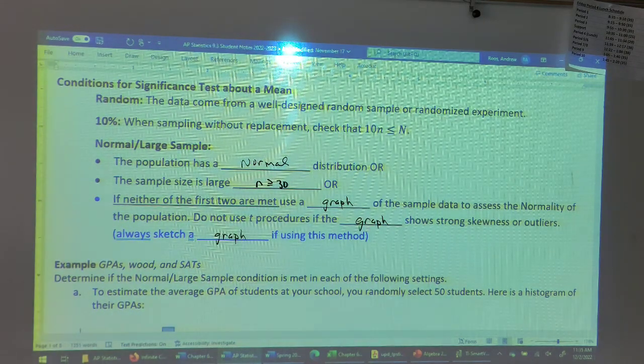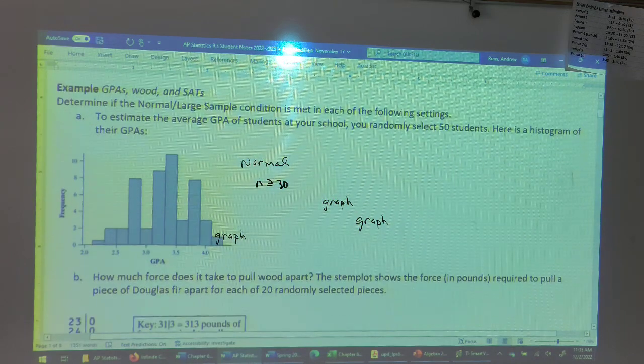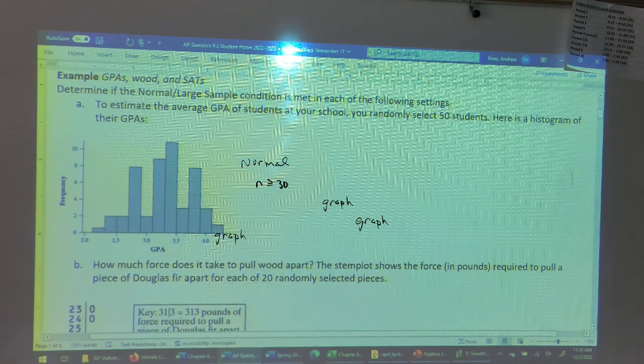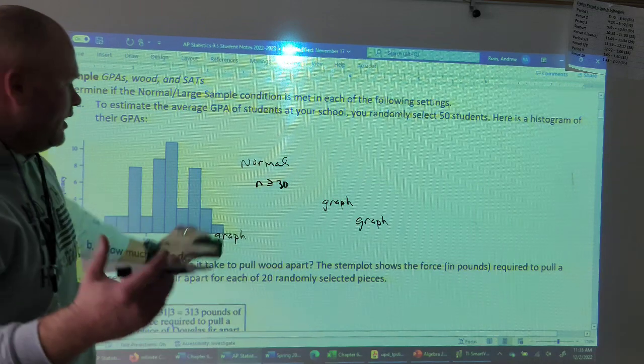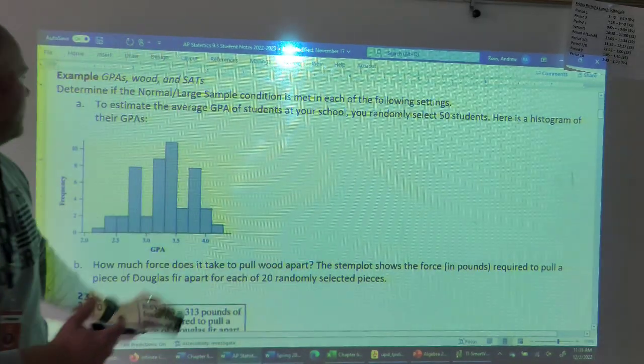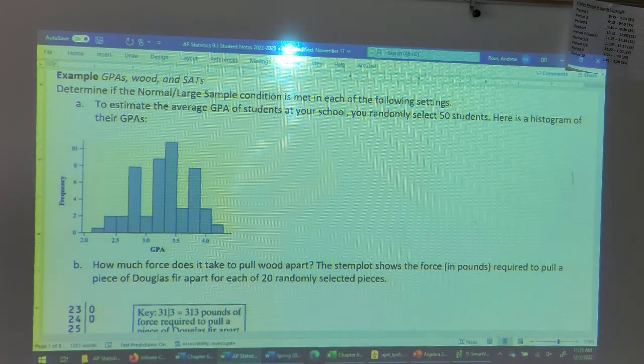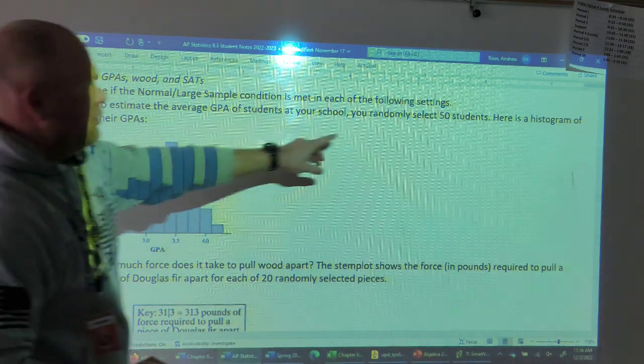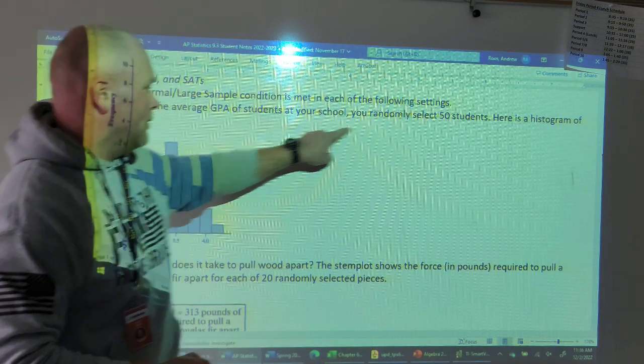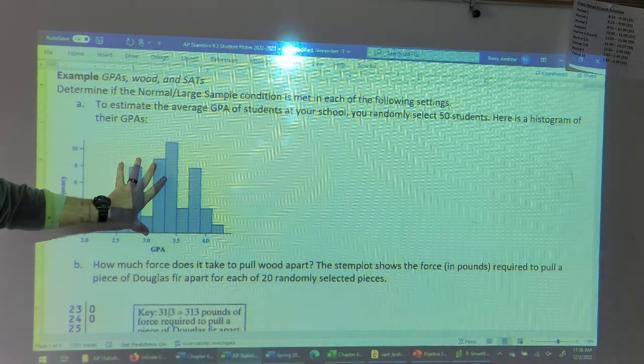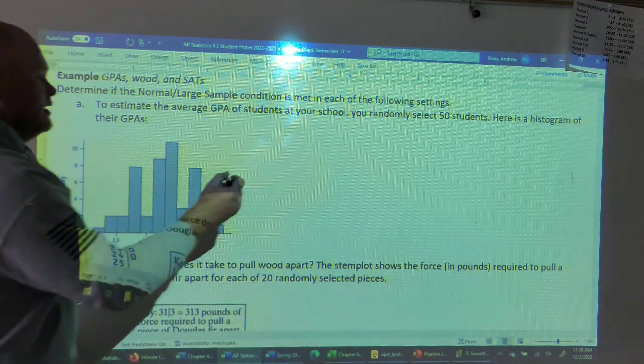Okay? So in these bottom questions, we're just going to take what's given and decide: is it okay to use t procedures? To estimate the average GPA of students at your school, you randomly select 50 students. There's a histogram of the GPAs. Is it okay to proceed with t procedures? Well, once we know it's a random sample of 50 students, we don't even really care about the graph. So yes, we could proceed